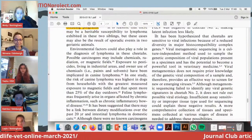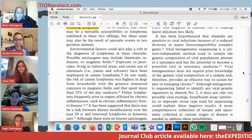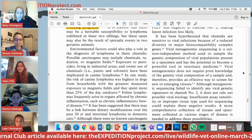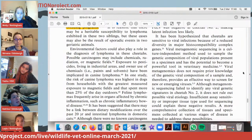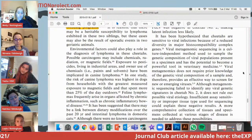I think we skipped over that, so let's go back to the viral metagenomics bit. It's just the paragraph above, which is why I skipped it. They say viral metagenomic sequencing is a culture-independent method used to sample the genetic composition of viral populations. This method is used quite often, if anyone has heard about it in the news, when they're trying to trace, especially for court convictions,